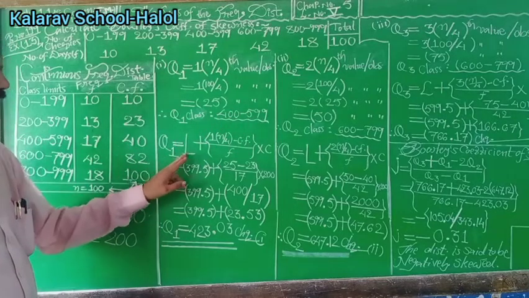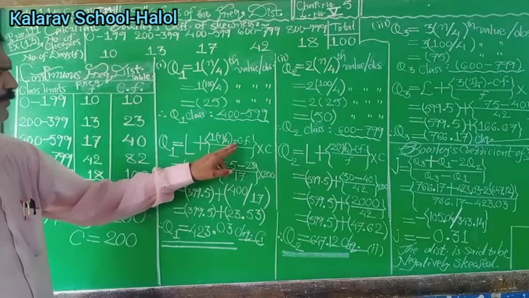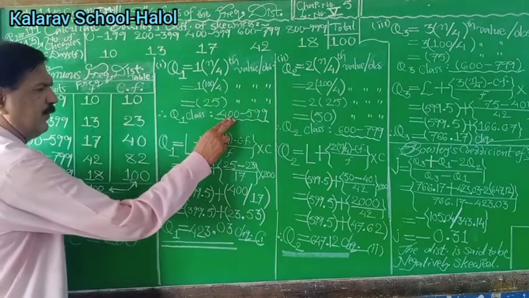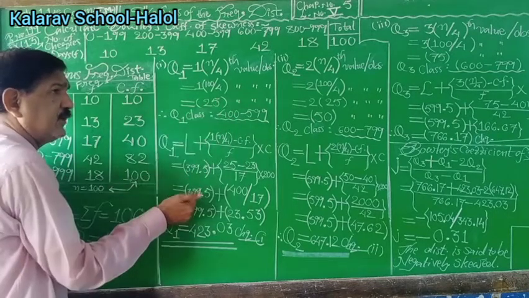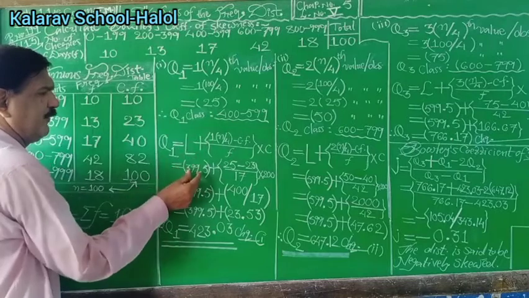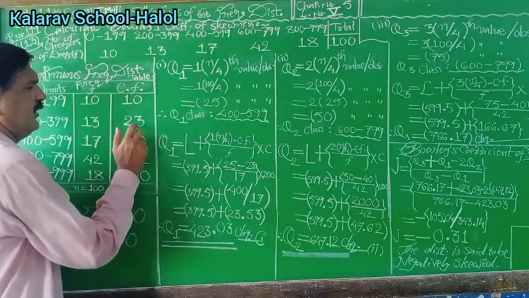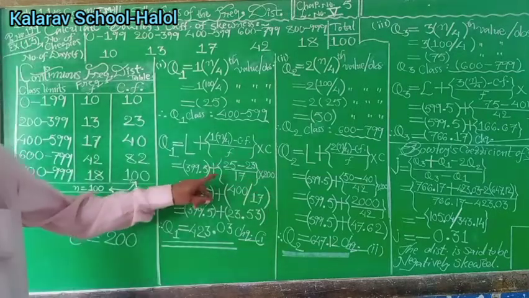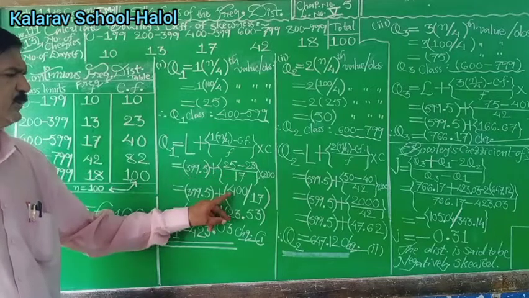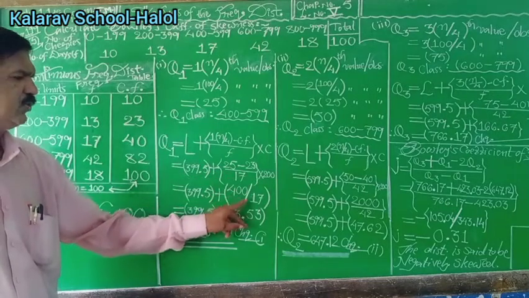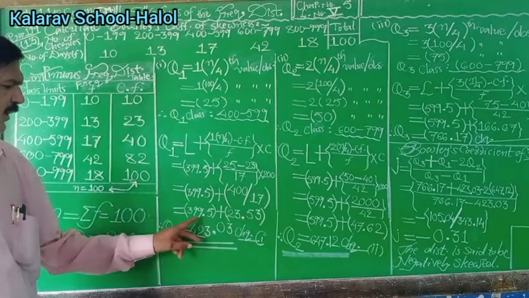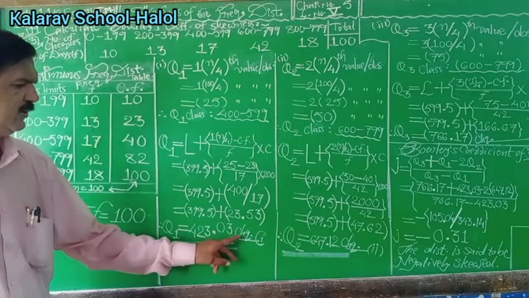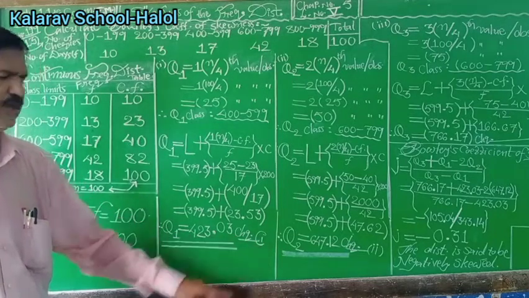Actual value of Q1 is L plus (n by 4 minus CF) upon f multiplied by C. For the lower limit, subtract 0.5 in order to get the class limit point from the class limit. So 399.5, n by 4 is 25, CF is 23, frequency 17, into 200. The subtraction in the numerator gives 2, multiplied by 200 means 400 by 17. The division of these two numbers is 23.53, and ultimately the answer of Q1 is 423.03 number of checks. Call this result number 1.